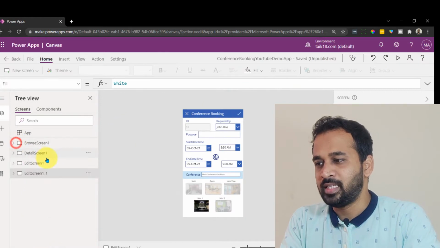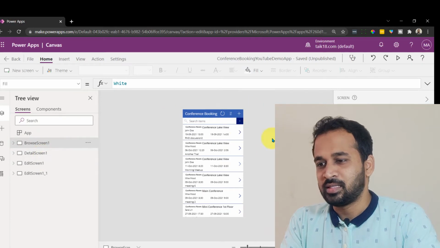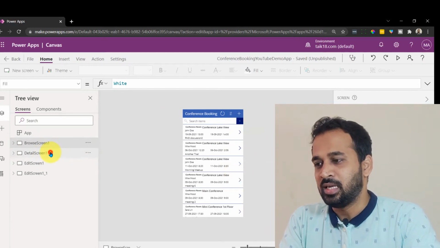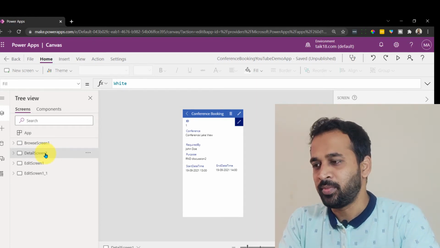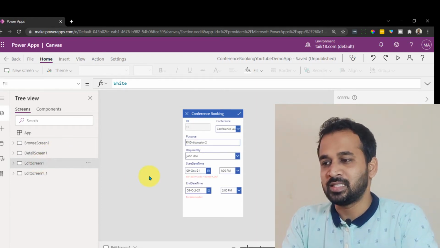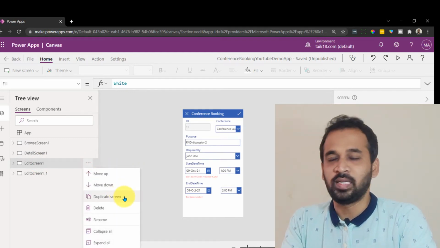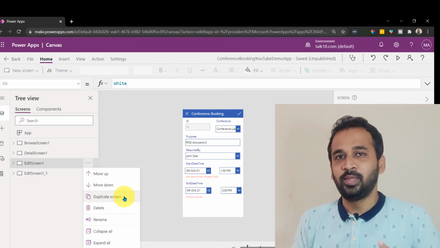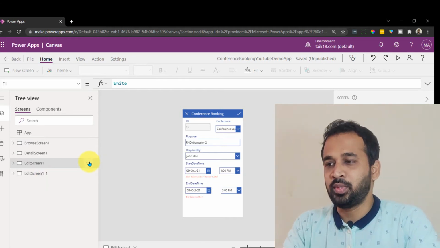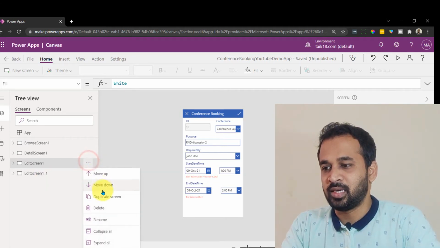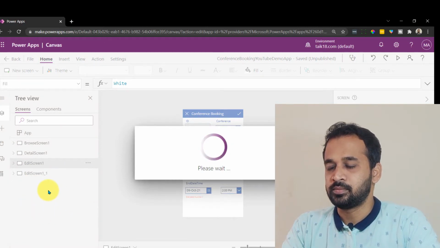So first of all, what I did here is, the browse screen is the same, nothing changes. The detail screen is also the same, nothing changes. There is a slight change which I will tell you later on, and the rest was there as is. And then what I did, I just clicked on this one and then duplicate screen. So it creates a duplicate of the screen and then I can make the changes whatever I want. So let me give you an example how it actually looks. If I click here and duplicate screen, it's going to create one more screen here.